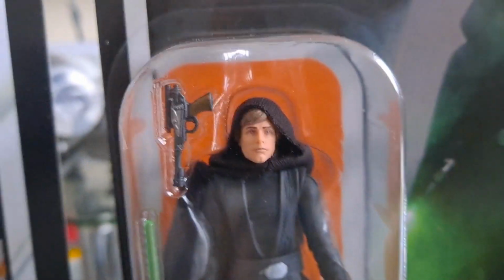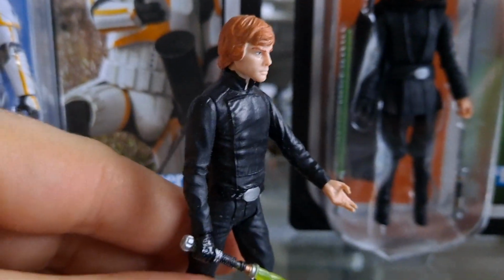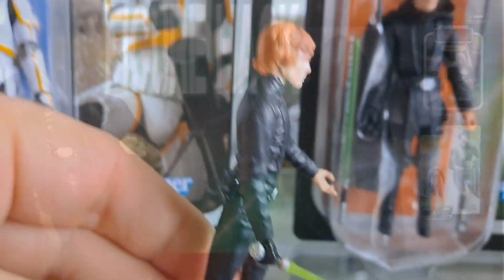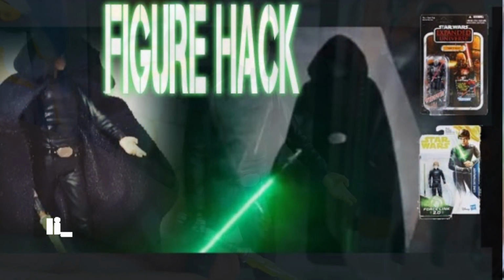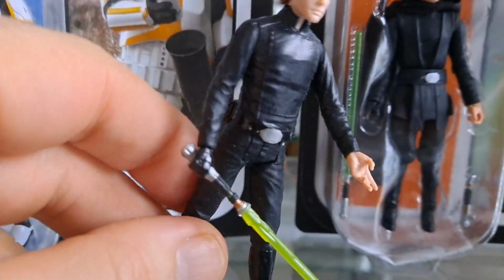So all your customs, of which I've got one down here, I used to use this figure here, this 5 POA Luke, as a custom Luke from Mandalorian, and I put the robe from Darth Malgus on it. I do have a video on that if you want to see it. It's a figure hack. It's probably the first one I ever did, but it was never accurate because although he's got the belt buckle, this figure, the top of him is the same as Luke is in the